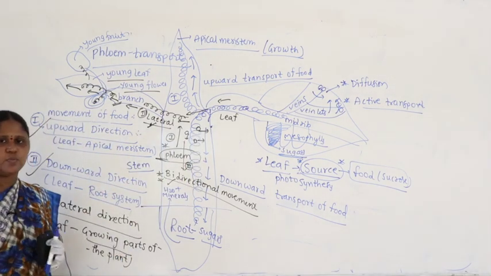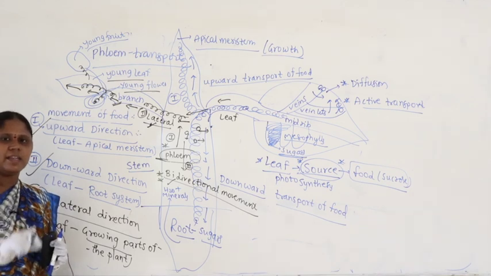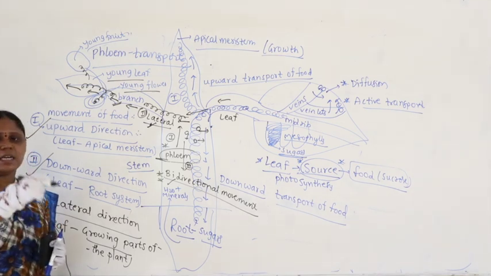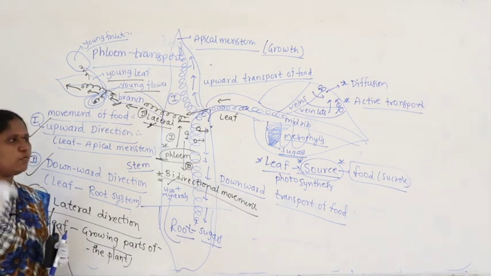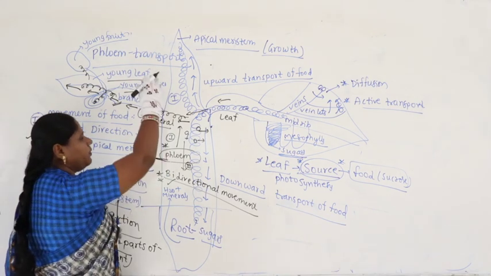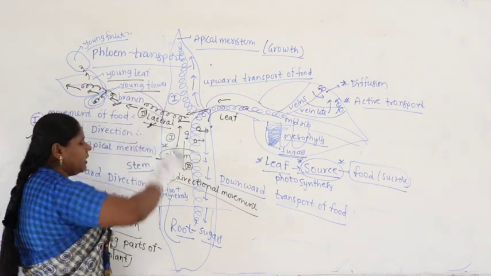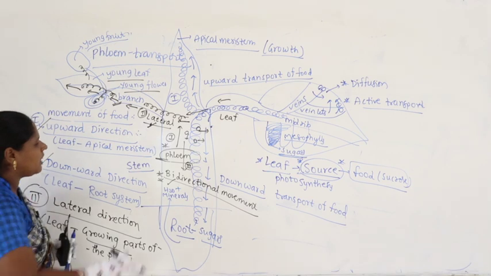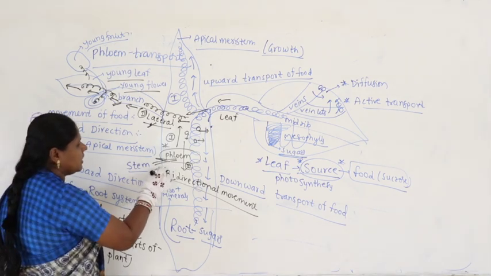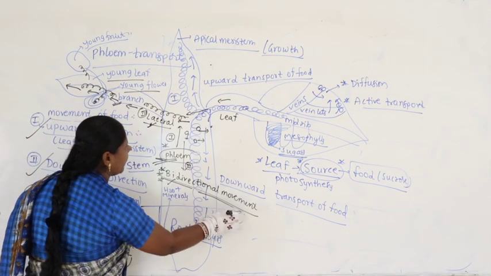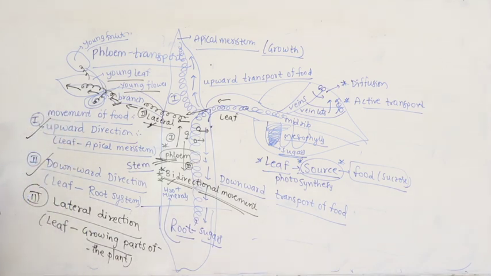That is why in the introduction we studied that some of the organic and inorganic substances show multidirectional movement, random movement. They participate in upward, downward or also lateral movement. But basically you have to remember, phloem transport means immediately you have to look for bidirectional movement. This is nothing but phloem transport. But this we have to study in detail. We will study in detail the theory called the bulk flow or mass flow hypothesis.